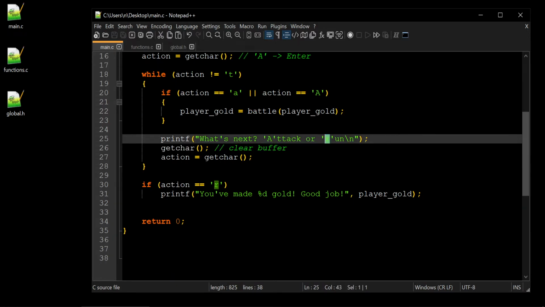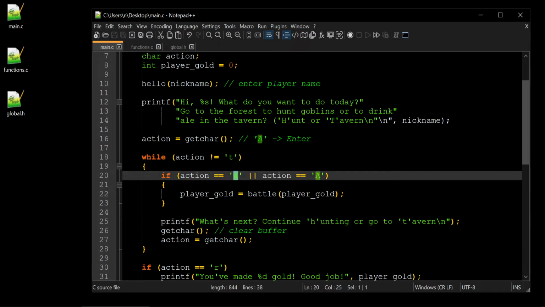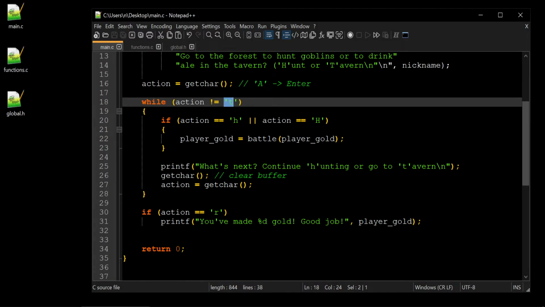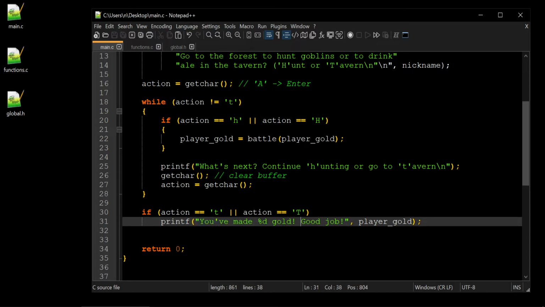So let's make it tavern. We need to rewrite it a bit. Hunt, continue hunting or go to the tavern. So it would be H for hunting and T for tavern. We would have 2 options, and if the action was tavern, by the way, let's make it also work with big T, let's make it so gold,